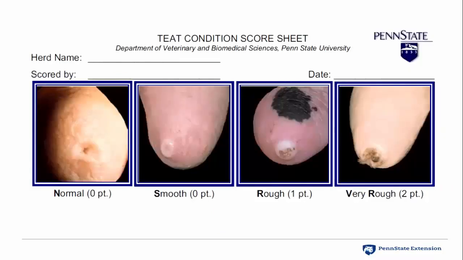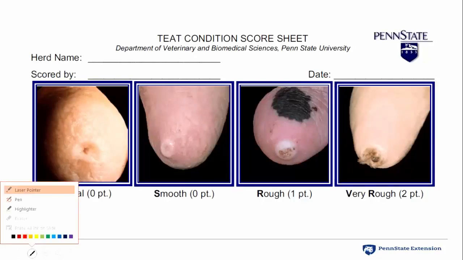Now, again, our primary barrier is this streak canal, the teat opening, and so we can evaluate the quality or the condition of the teat end. And there are a number of scoring systems. This is one we use here at Penn State, where you can see on the left side of the screen here